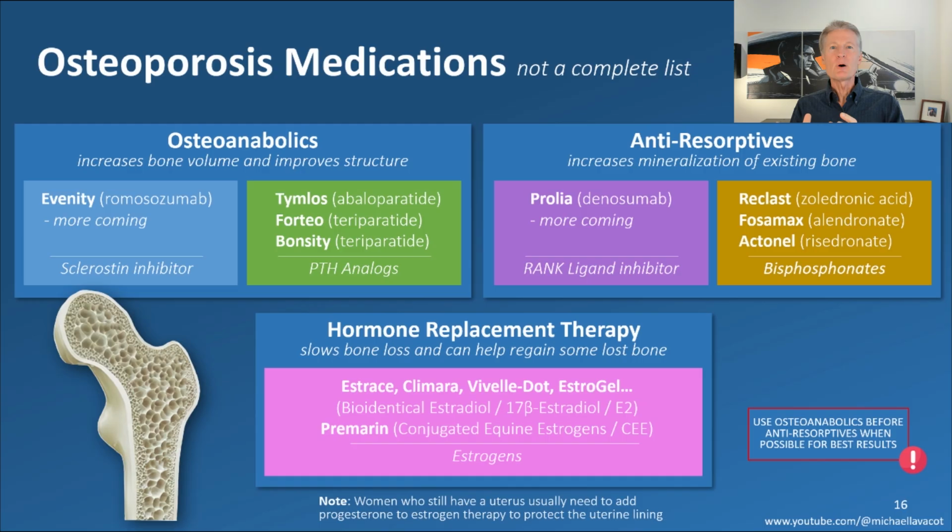And so you're adding bone mass to the bone, where the anti-resorptives freeze the bone. Well, don't you want to add the mass before you harden it, right? If you go the other way around and harden it first and then try to use the osteoanabolics to build on that, they have a very difficult time doing that. You lose a lot of the effectiveness of the osteoanabolic. So again, start with the osteoanabolic, move to the anti-resorptives later in your treatment. Okay, and I'll show you some examples of that.